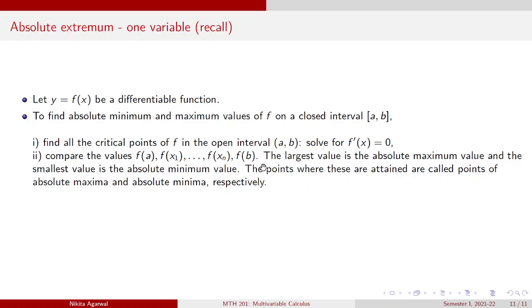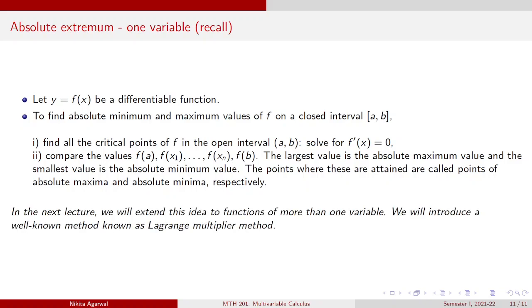and also the endpoints. And you compare all these values. The largest value is called the absolute maximum. Smallest value is the absolute minimum, right? And the points where these are attained are called points of absolute maxima or points of absolute minimum, respectively. This was happening in one variable calculus, right? In the next lecture, we will extend this idea to functions of more than one variable. We will introduce a well-known method which is known as the Lagrange multiplier method, which is quite popular in optimization theory. Okay, so we will do this in the next